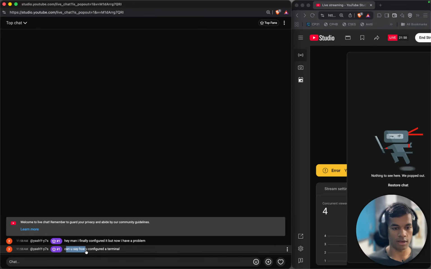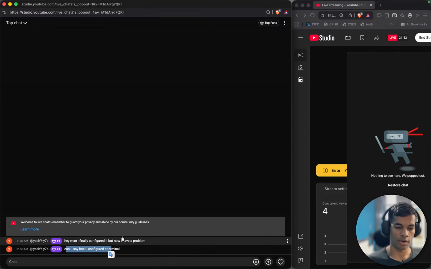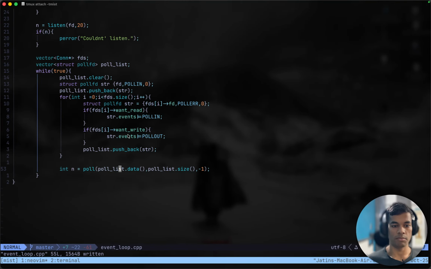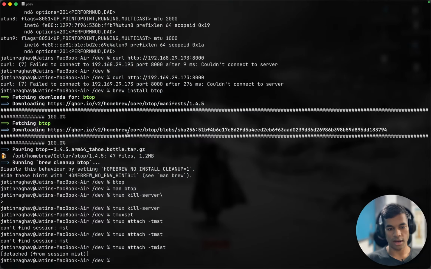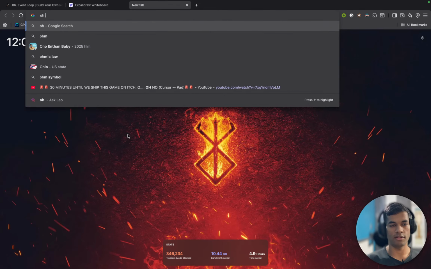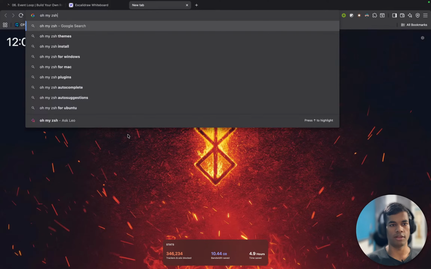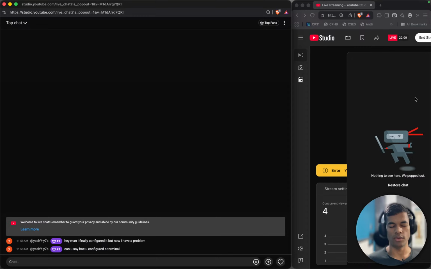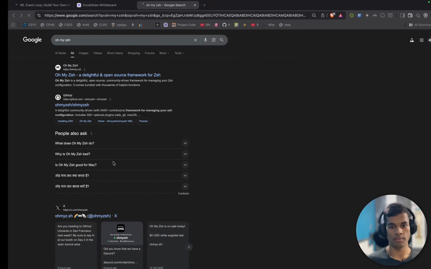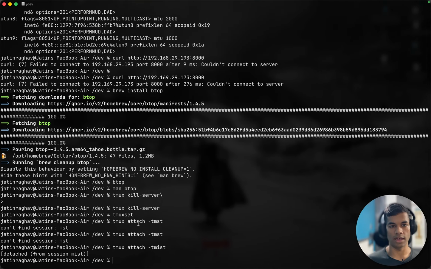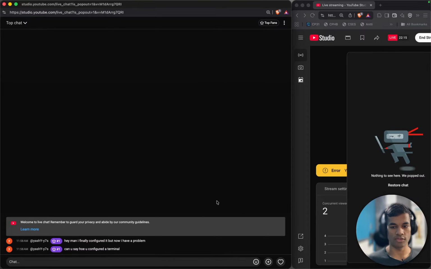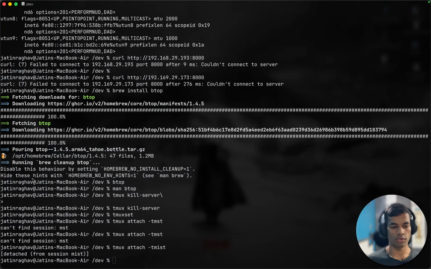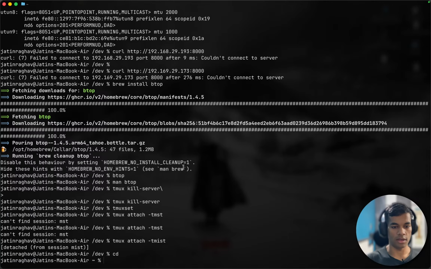Can you say how you configured the terminal? Earlier I used my ZSH for configuring the terminal. But wait, you mean terminal or the shell? My ZSH is for the shell, and for the terminal, for this nice blur background, we have to configure the shell. And if you want to see that, then there is